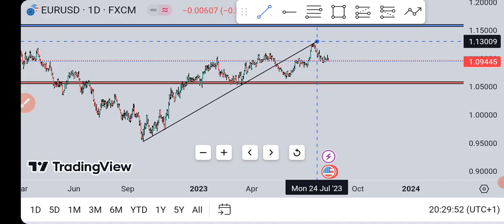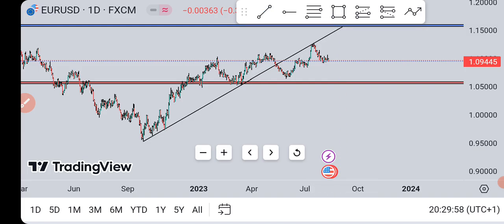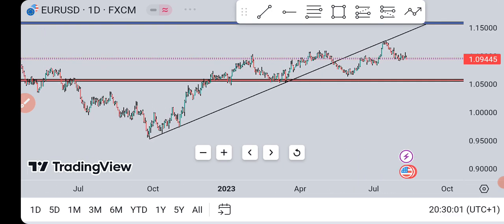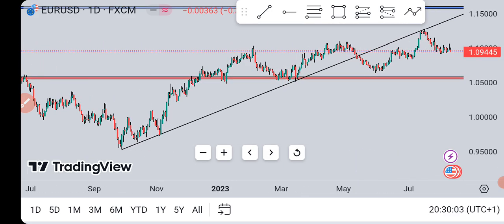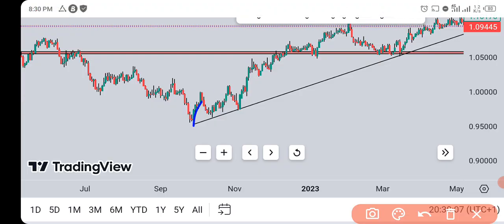From here, I want you guys to understand something. This is what we call market manipulation on the higher time frame. This uptrend started from here. We got the first touch, second touch, third touch, fourth touch. The market is trending to the upside. Now here you'll be buying,